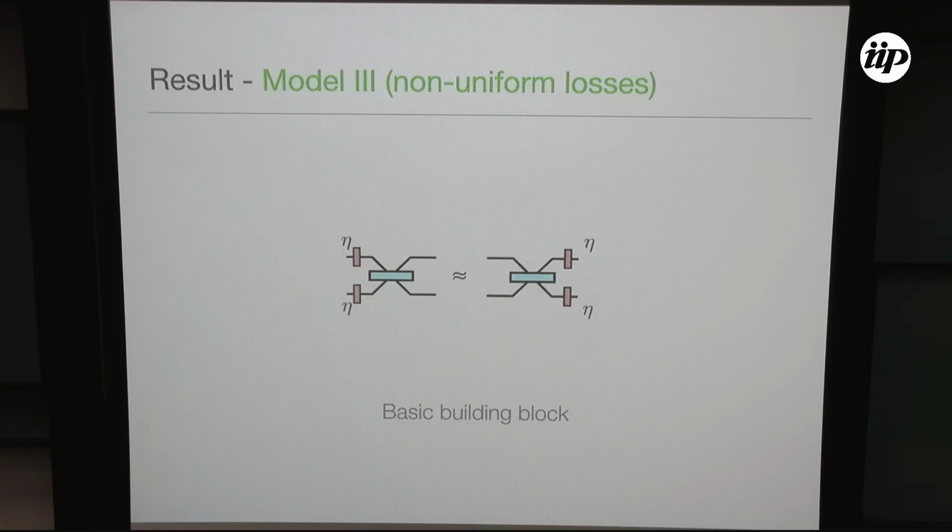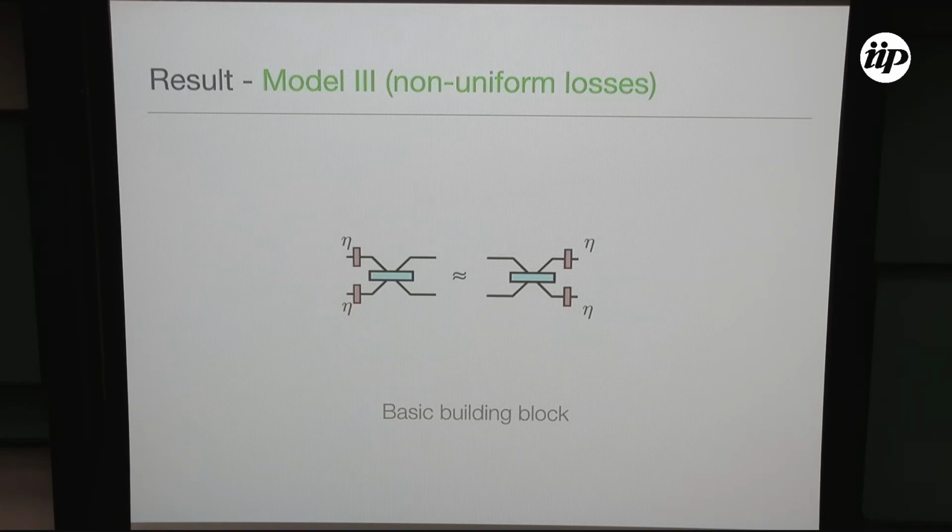And it's also very annoying because every example that we came up with, it was trivial and obvious why this result would hold, but it took a while, and we have to throw some graph theory at it to prove that it's always true. Okay, so basically what we do is we use this guy as a basic building block, right? So we know that if you have equal loss elements, they commute through a beam splitter, right?